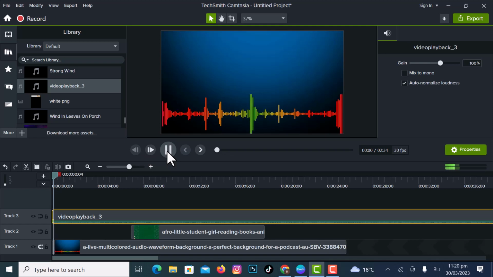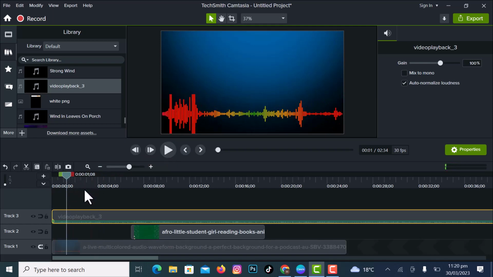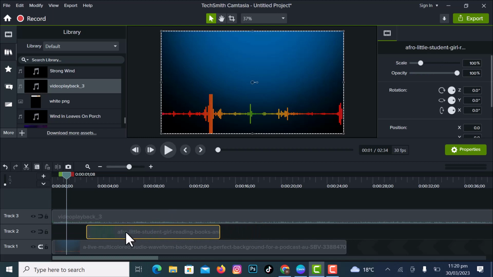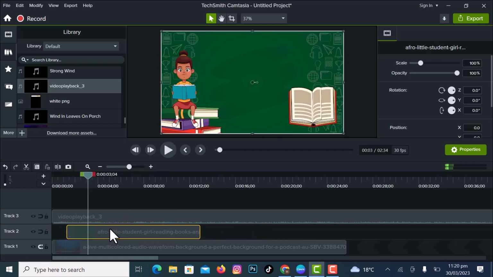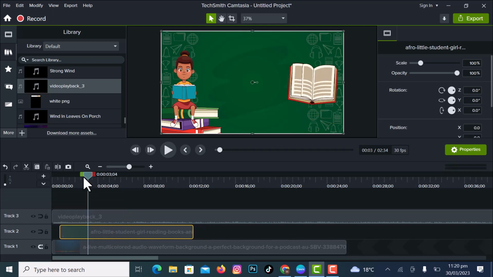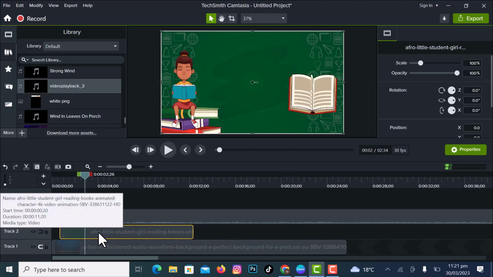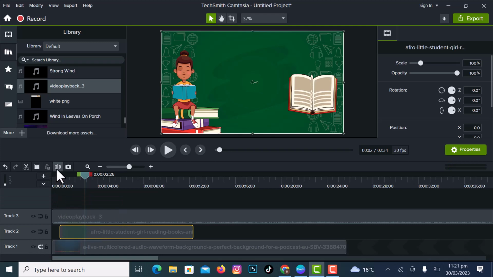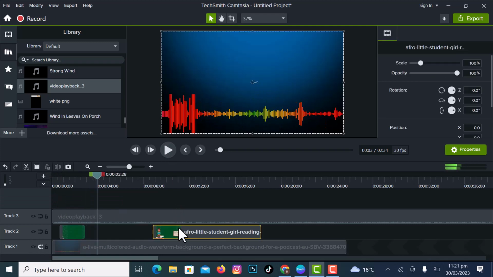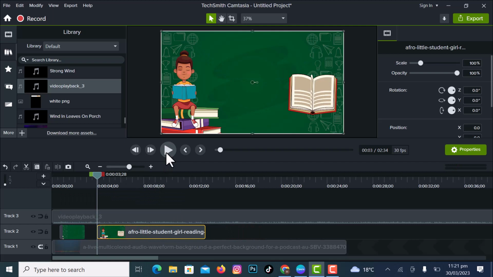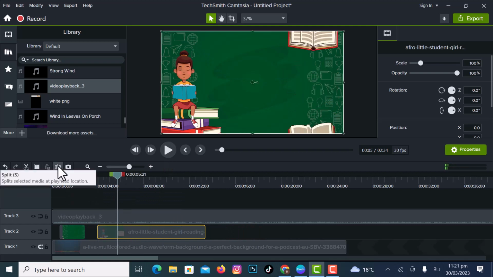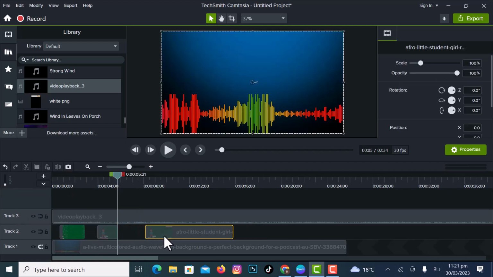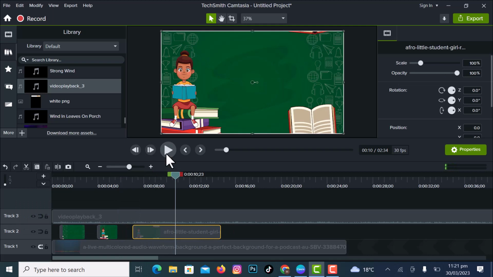Now play these videos. If we want to set this video file here, now look at the preview window. Now we think that this file should be there. Look again. Now we want to split this file. Select this file and split it. Look at this. And now you want to add this video here. Again you want to split, then split and draw back. This is the way you can edit, you can split, you can cut, and you can add video and audio